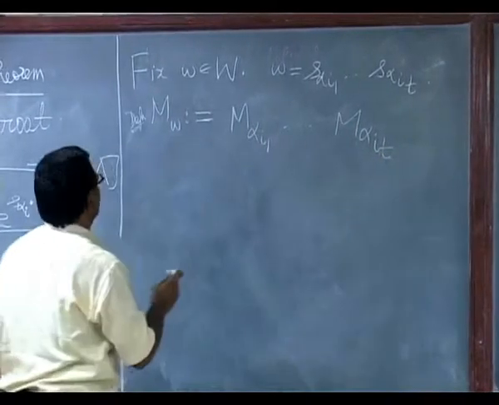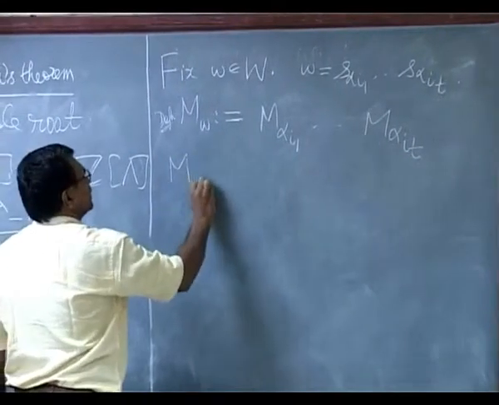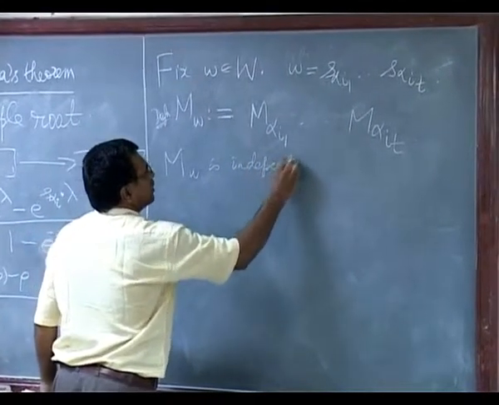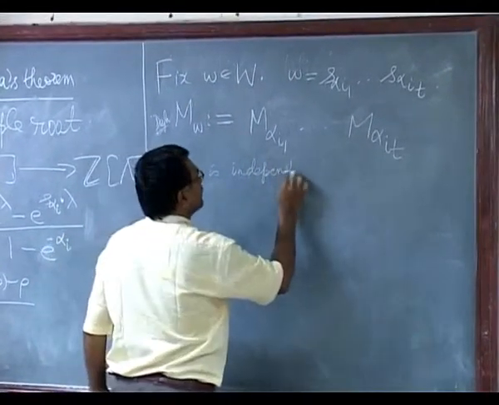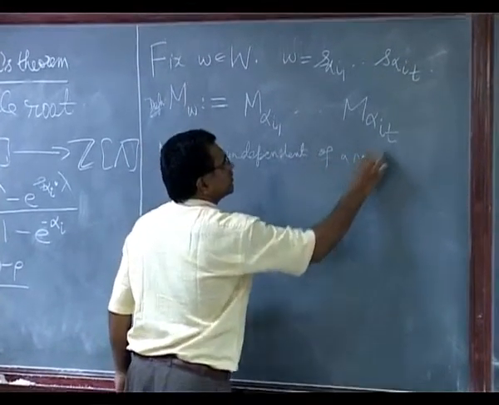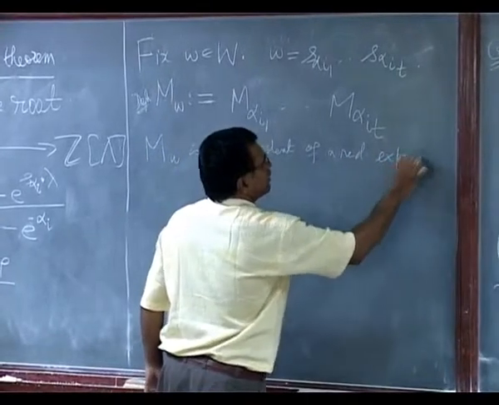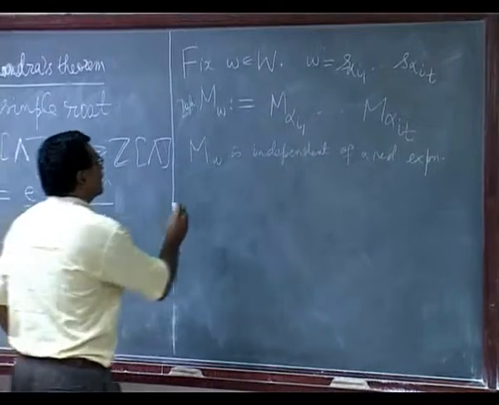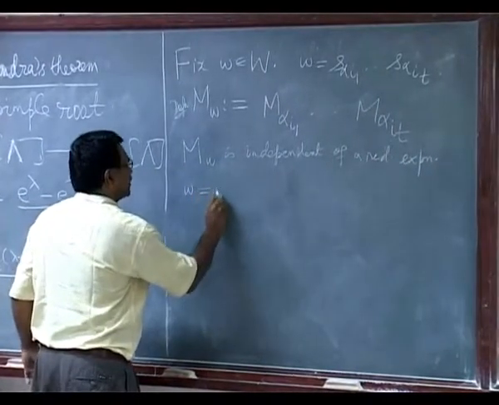The thing is that m_W is dependent on the reduced expression, and in particular when you take W equal to W naught,